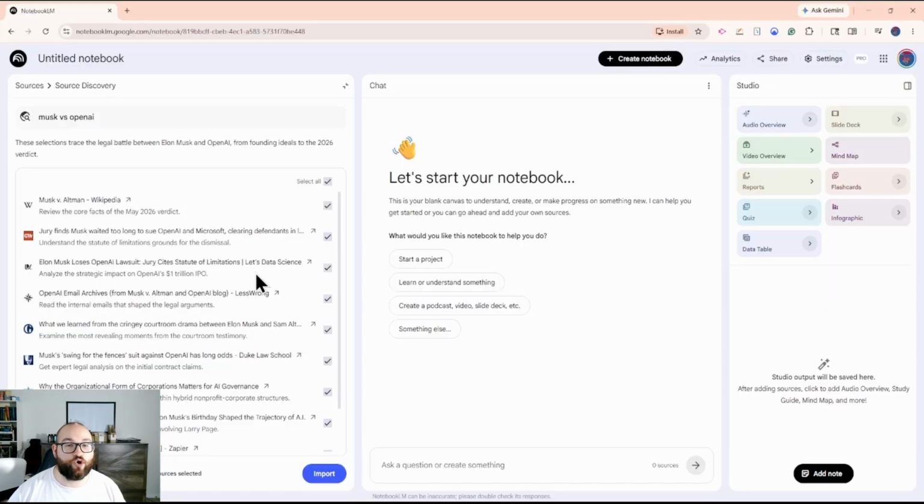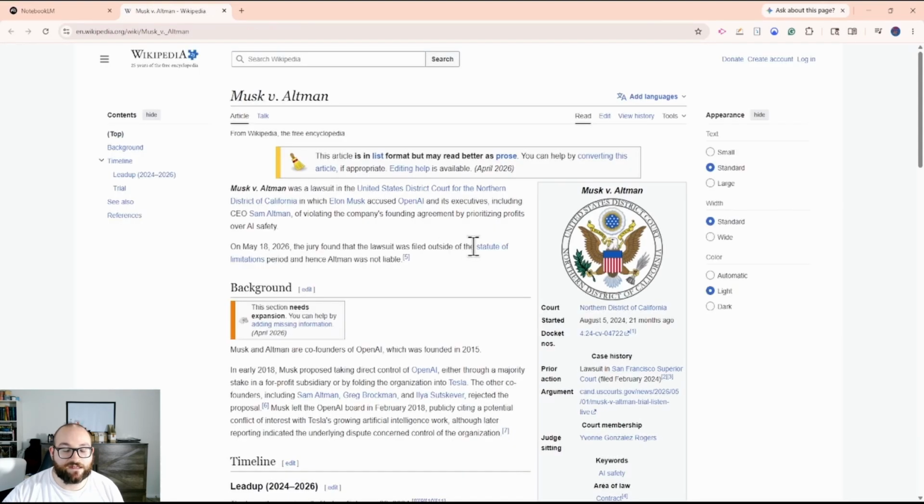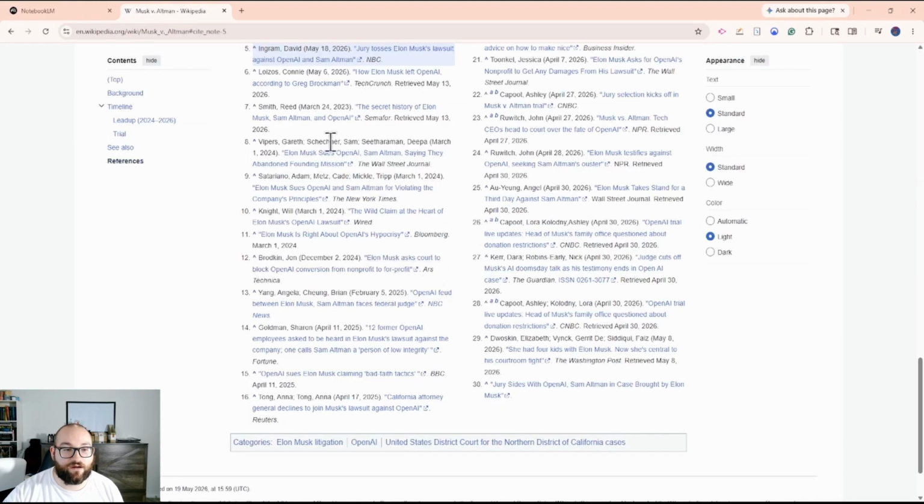If I'm adding something from OpenAI's own website, I probably don't want to do that. It's probably a conflict of interest. So I would add this Wikipedia site, it's probably up to date, it's probably got resources. I can certainly click into this, and if I clicked into this, I can see all of the edits that they made, and maybe I'll add